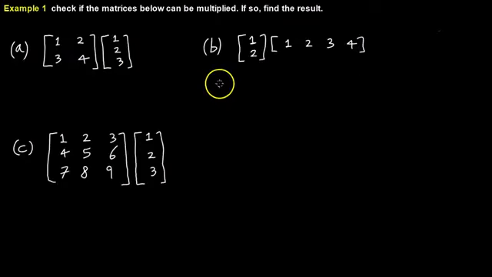Alright, so now let's go ahead and look at some examples for multiplying matrices. The example here asks us to check if the matrices below can be multiplied. If so, we're asked to find the result for each multiplication. Before we even do that though, let's very quickly go over matrix addition. The reason I didn't make a separate example is because it's so simple that I don't think it deserves an